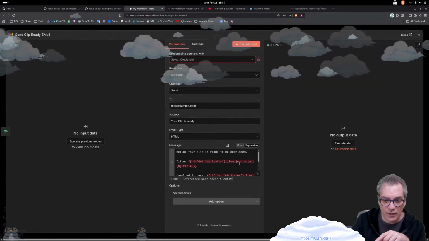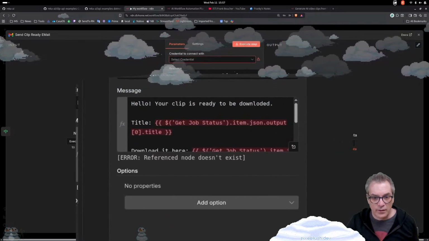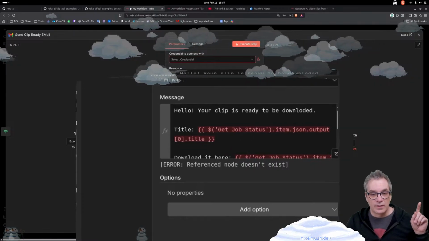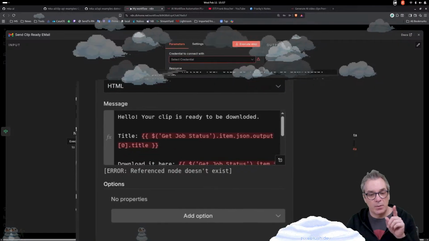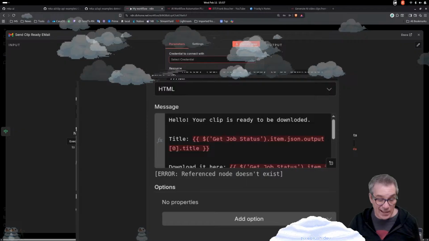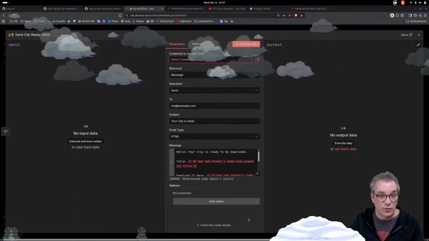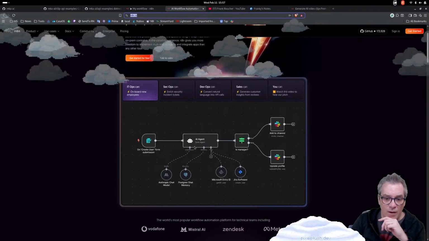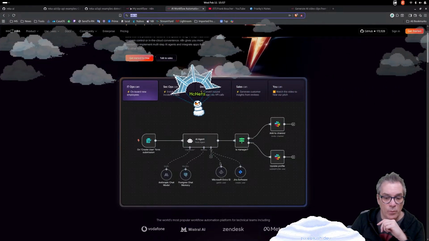And here I have all the information. Can I zoom on this part? Yeah. So here it is sending an email, and you can see here that it takes the title from get status job item and so on, title, and you could build that. So just like Logic Apps or Power Automate, if you use those things, you could automate a bunch of stuff. And one node that is very popular right now is a special node called the AI node, and you could also plug a bunch of stuff in it.